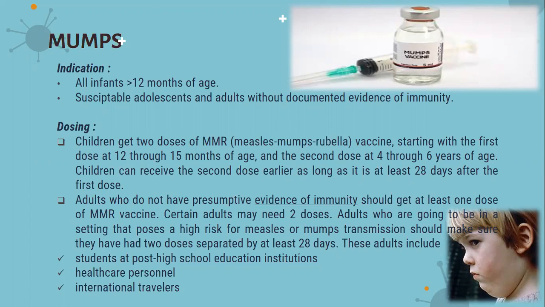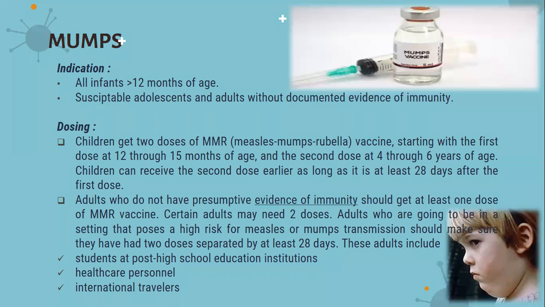So itong mumps vaccine, it doesn't protect people as long as it needs to. It only lasts for an average of 27 years. So it is according to a new study in Science Translational Medicine. So kumbaga, after natin makakuha ng vaccine, hindi siya talaga guarantee na hindi na talaga tayo makakuha ng mumps. So actually, it lasts for 27 years. So pagdating ng approximately 27 years, meron pa din na possibility na makaka-mumps tayo ulit.